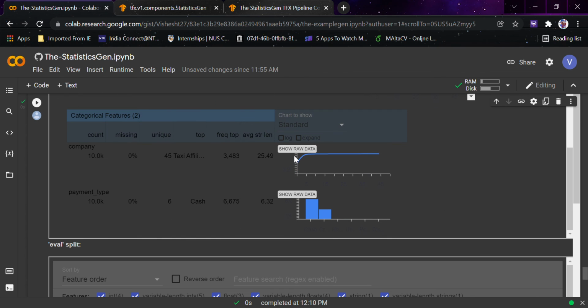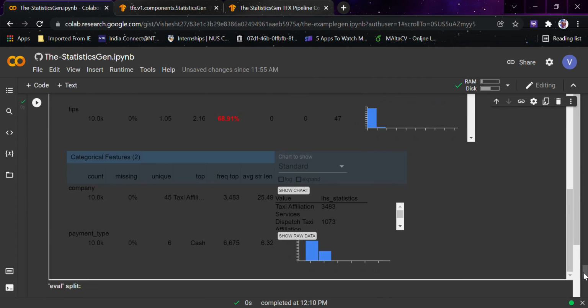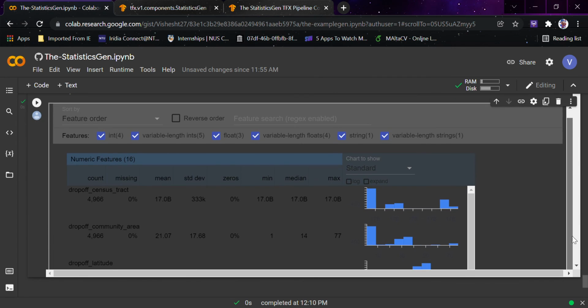Now you can see the show raw data. You can see all the raw data here, the company, all the things are here. I just love this feature so much that you can see everything here in detail. Now this was of training split, now this is of evaluation split. The same thing, the dropoff census tract, the dropoff community area, the dropoff longitude.